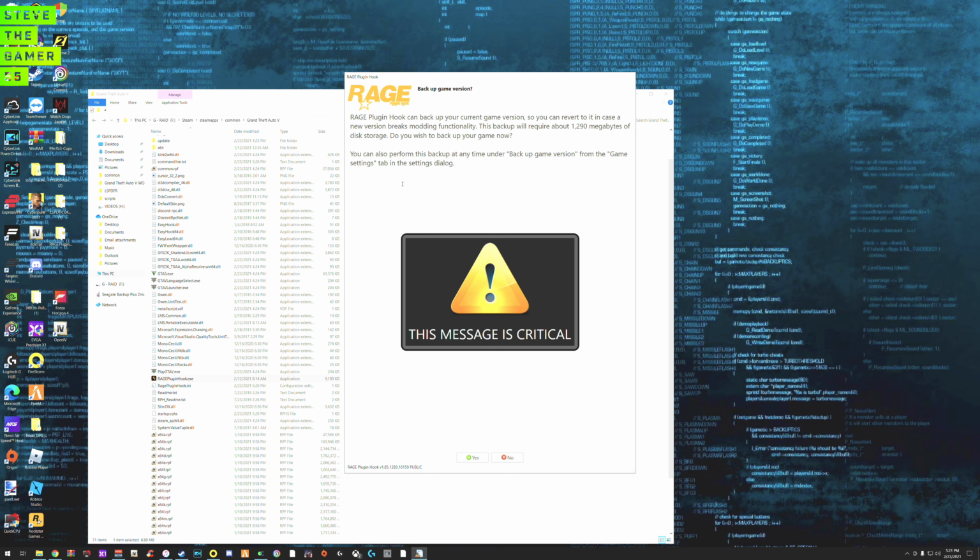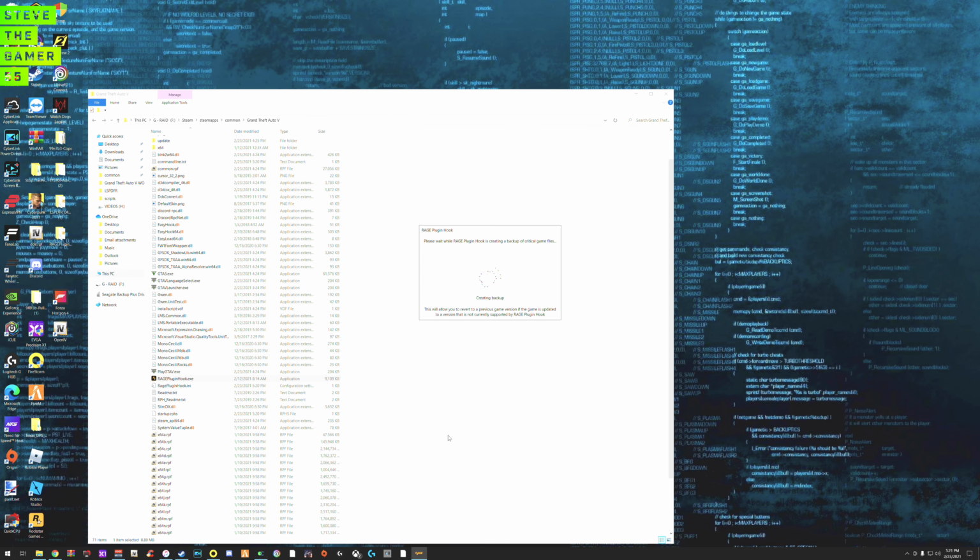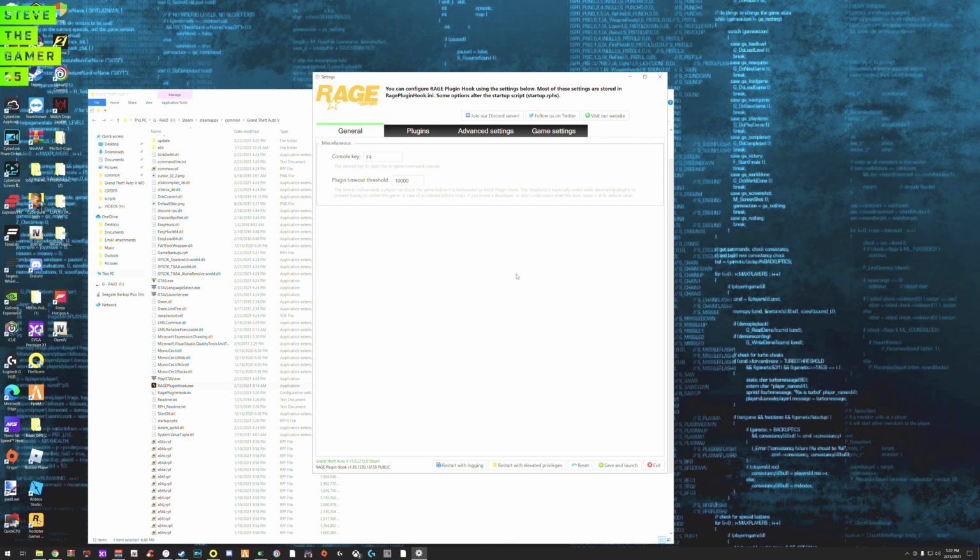And this is it. You see this is plugin backup. That is for most of you guys, in case you forget, but I always like to back it up. Just click on yes. It just creates a backup in case you mess up or forget something. You can always revert it back, and it's going to show you something like this, which is the version. You see the last one was showing me that the version is not supported. Now this version is supported. Let's make sure on